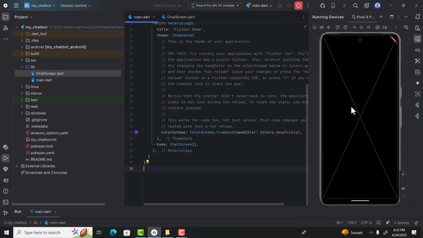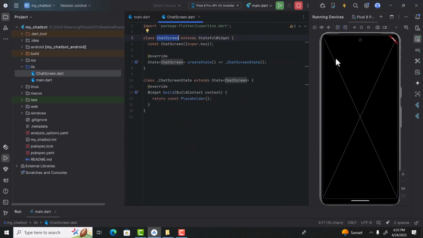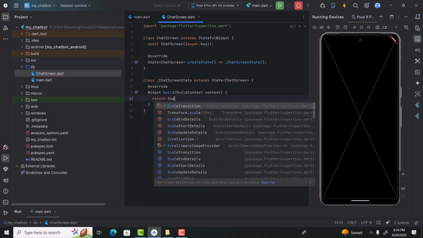And you can notice that the GUI of our screen is changed and we got this blank screen. So basically this is the current GUI for our chat screen. So inside chat screen, you can notice this build method, and inside this build method we have the code for the GUI. So right now we are displaying a placeholder here, so that's why we can see this view. But now we are going to create the GUI, and to do that, firstly we are going to add a